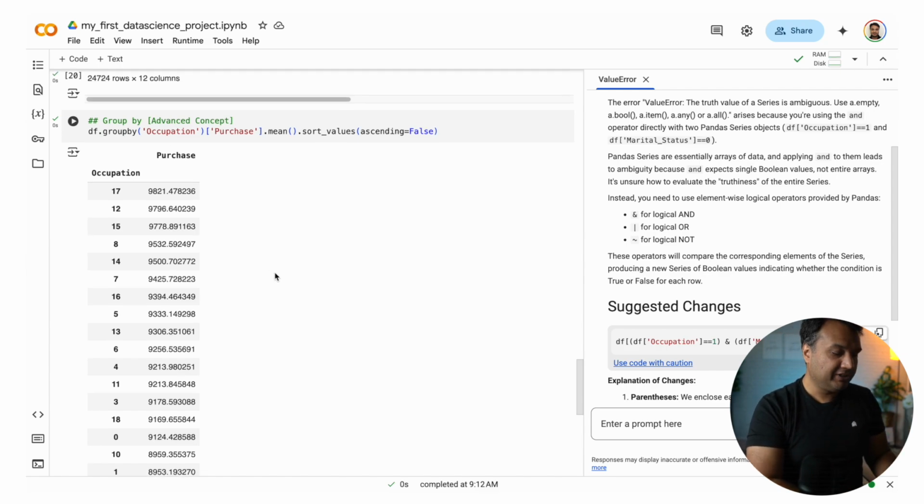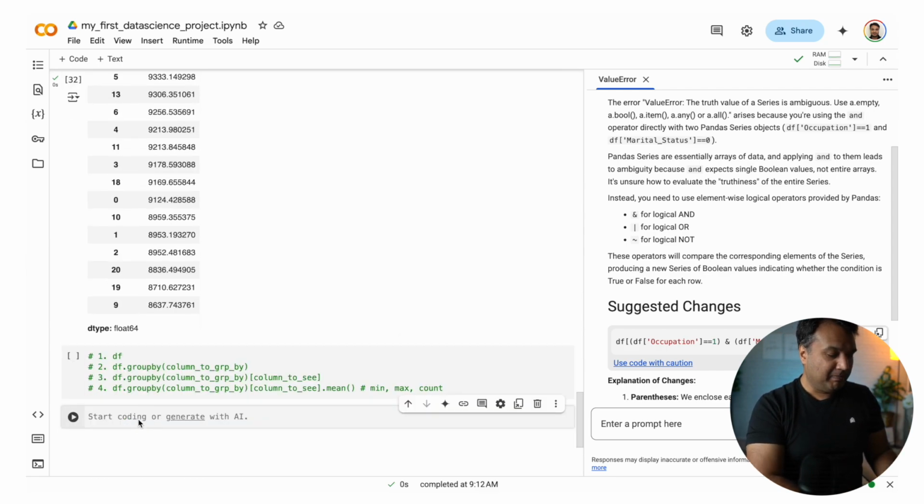Now just to make it a little more concrete, let's try to analyze this data with a handful of commands I have told you. We won't be teaching or learning any new commands here. Just a handful of questions we want to answer using the commands which we have already learned.